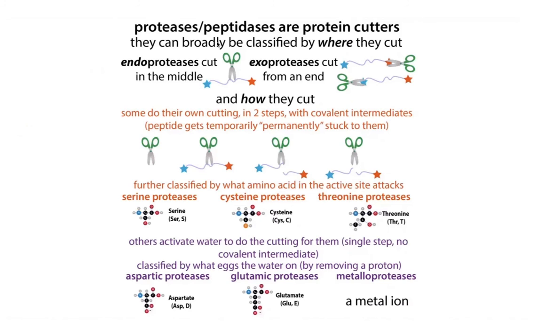We could cut a peptide either with a serine protease, in which case we were using that covalent catalysis strategy. Similarly, we could use a cysteine protease, which basically does the same thing except with a cysteine instead of a serine. Or we could use an aspartic protease, which is actually going to use these aspartates to make the water react. And there are even additional other types of proteases we could have, where we could have metalloproteases that are going to use metal, glutamic proteases, which are similar to aspartic proteases, but they use glutamate instead of aspartate. All of these are just different ways in which we can cut a peptide